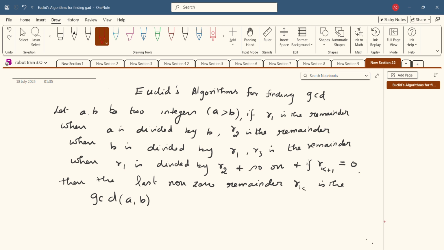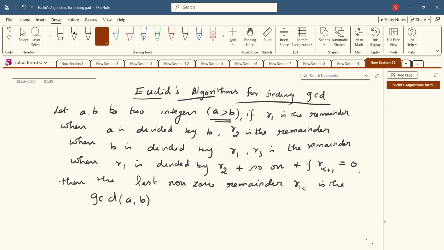Today we talk about a new topic, Euclid's algorithm for finding the greatest common divisor. Let a, b be two integers, a greater than b. If r1 is the remainder when a is divided by b, r2 is the remainder when b is divided by r1, r3 is the remainder when r1 is divided by r2, and so on. And if r(k+1) is equal to 0, then the last non-zero remainder rk is the greatest common divisor